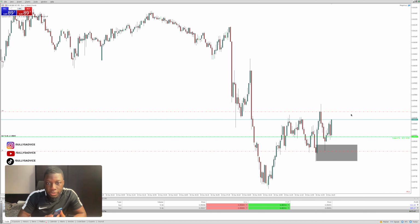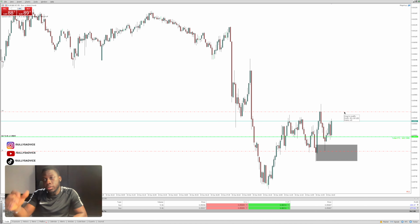A bit more, just a bit more, just a tiny bit more. I do want to try and secure a bag on this trade if possible. Can we though? Let's say like another